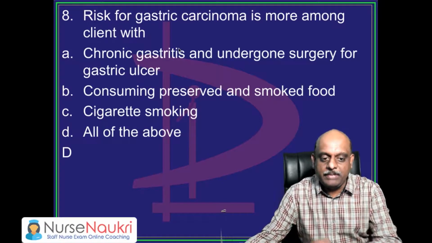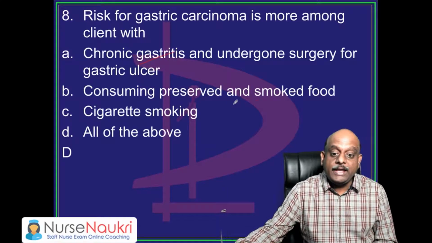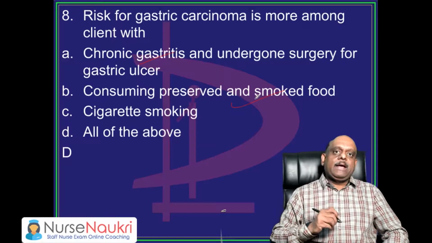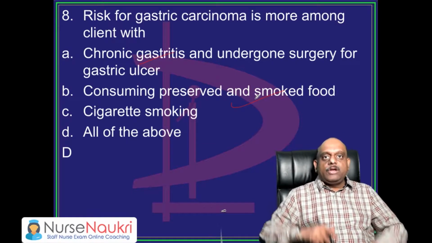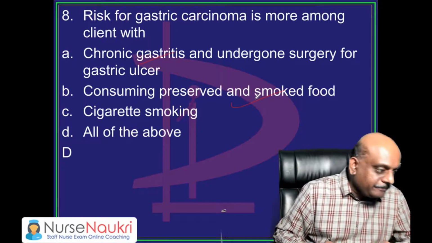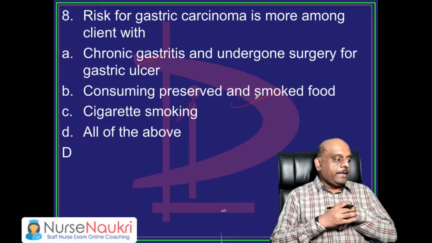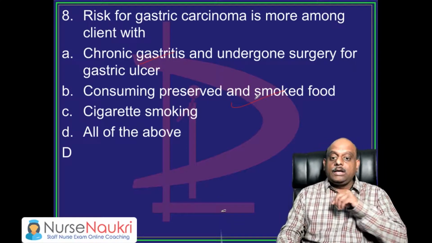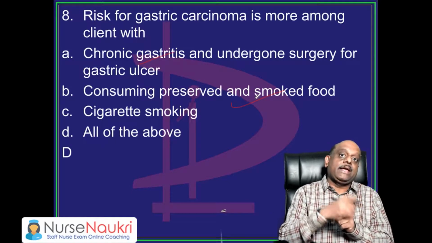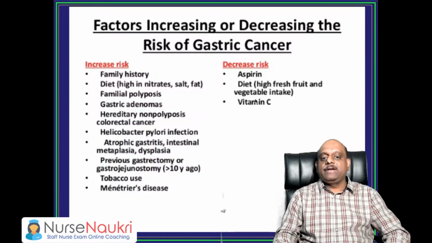So now remember, chronic gastritis or taking smoked food. Remember, in Japan, gastric cancer is very high because Japanese eat a lot of smoked noodles, right? So smoked food, very good. Roja, you have done diploma in nursing, very good. So smoked food is one important risk factor. That's the reason it is more common in Japanese and Chinese, gastric carcinoma. Smoking is a risk factor for gastric carcinoma.